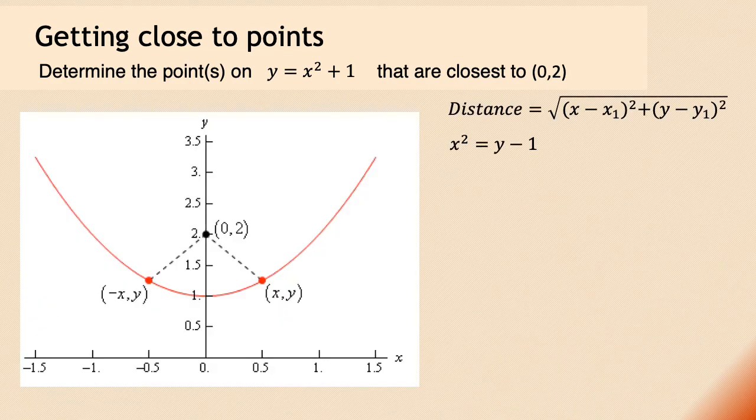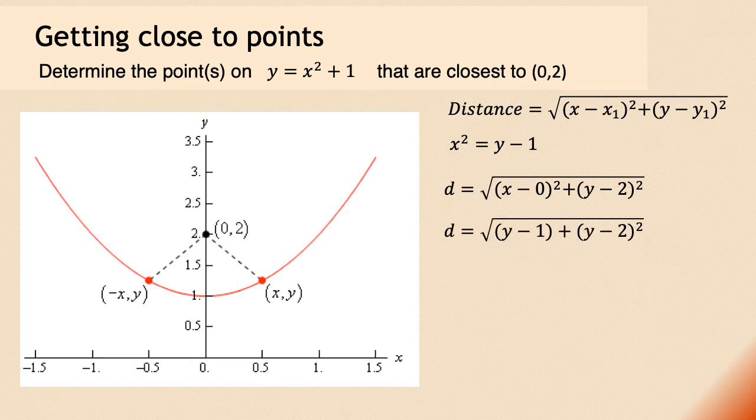If we take that equation of the parabola and we solve it for x squared, so x squared is equal to y minus 1, we can plug that into our distance formula to build our constraint into the distance formula. We can also plug that point (0, 2) into our distance formula because whatever point (x, y) we pick on our parabola, we're looking for the distance to the point (0, 2). So now plugging that information into our distance formula